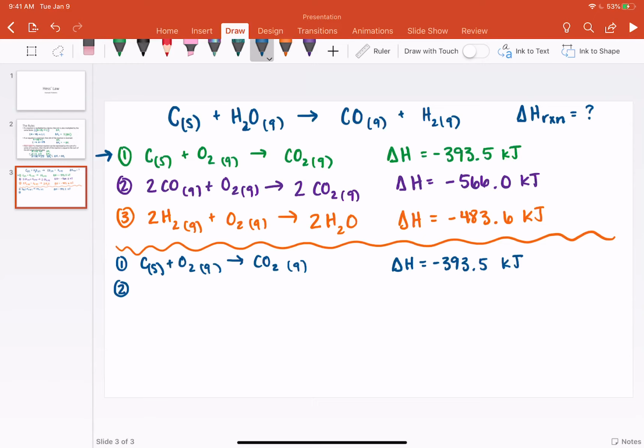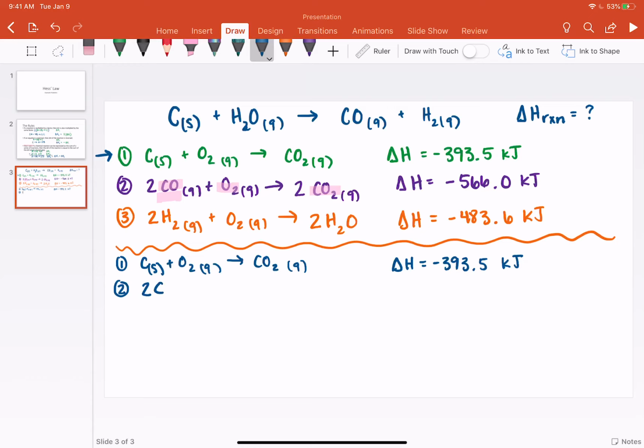we know that we have some CO, we have some oxygen that we don't want there, and we have some CO2 that we don't want there. So it's not really clear yet what we are going to do with that CO2, but we know that we want the CO to be on the other side. So what we can do is we can flip that entire reaction. So if we flip that entire reaction,